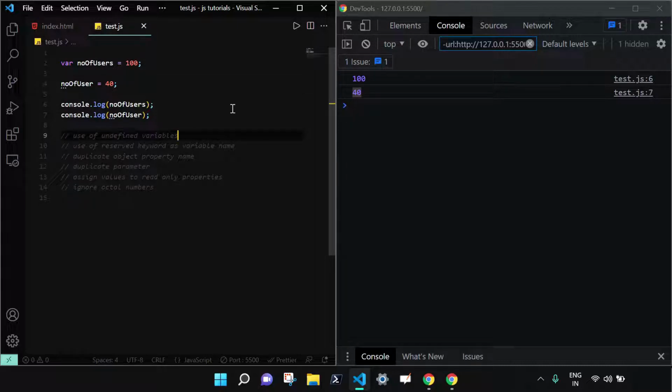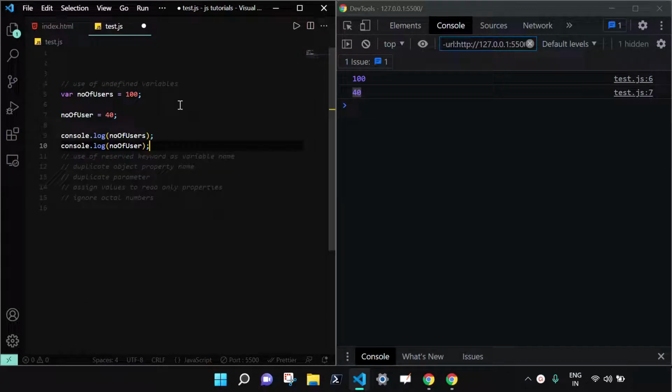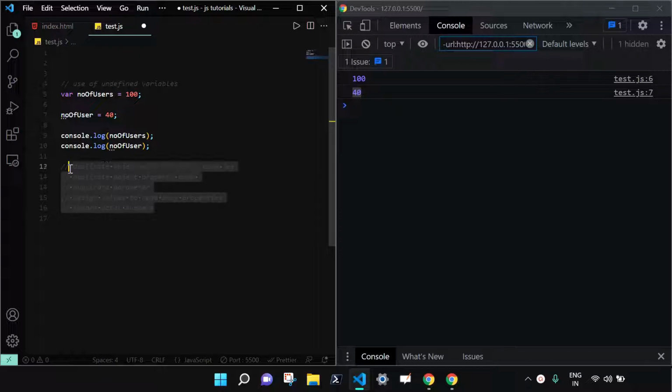Before I move to the next part, I want to show you some of the features which JavaScript provides in the non-strict mode. You can call it a feature, but they will lead to errors in the long run. Like use of undefined variable, I just showed you. I can actually copy this. Let me take all of this, cut it and paste it here. So this is what you can do with use of undefined variables. Similarly, these are all the other things which the non-strict mode of JavaScript provides.